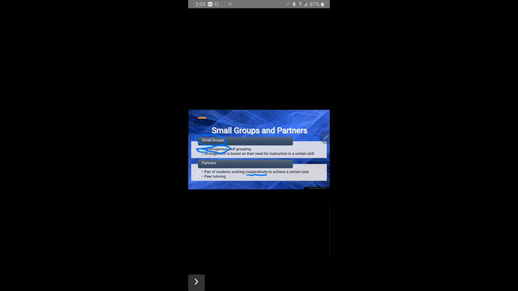Usually in small groups, students are working with the teacher, and there's a lot of explicit instruction, or the teacher is really monitoring and facilitating. For partners, it's usually more of students working in pairs to achieve a certain task. Yes, the teacher might walk around and provide some assistance, but it's mainly the two students working together to achieve